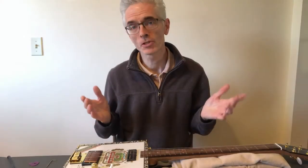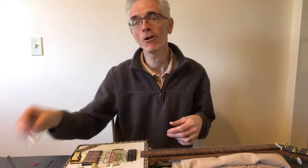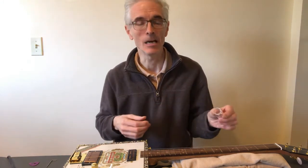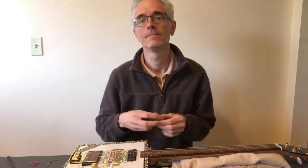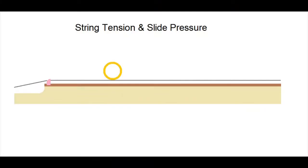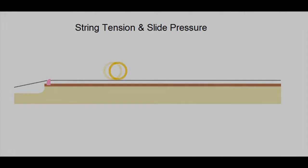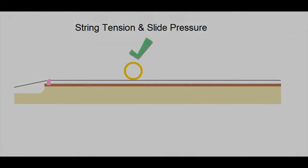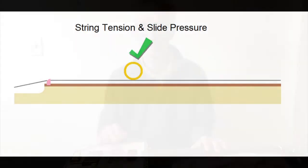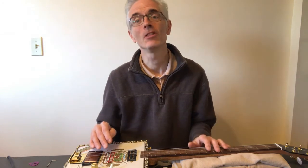So why are we starting with string gauge and not height? Well, no matter what height you set your strings, remember you're also adding the weight of the slide against them and constantly controlling the pressure of the slide. That means we want the tension of the strings to stand up to that pressure, so your playing doesn't feel squishy and you don't constantly change intonation while varying pressure on the slide. So right off the bat, heavier gauge strings and higher tension are going to help a lot with playing slide